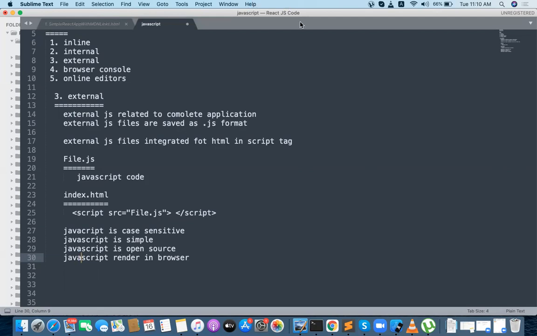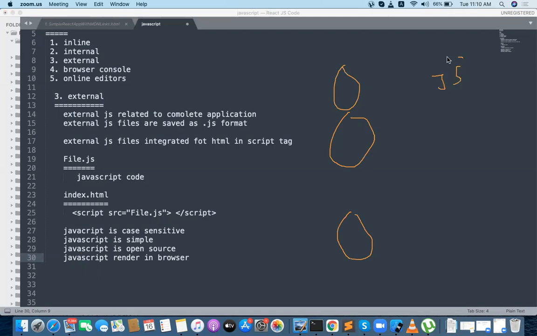I write a simple JS file separately, and it can be included in each and every HTML file like this. I am writing three HTML files here, and for each file I can integrate the JS file. That is your external JS.